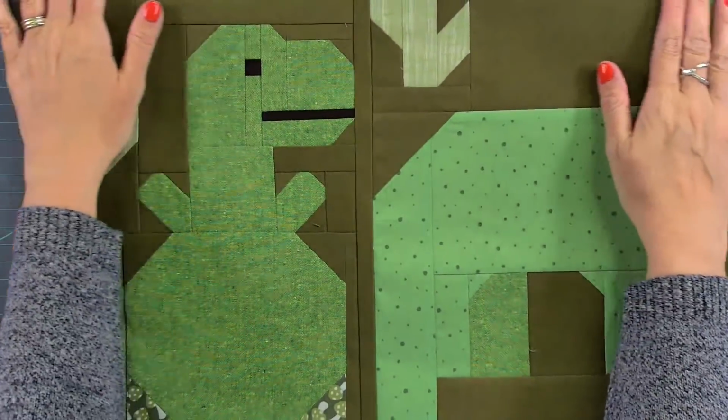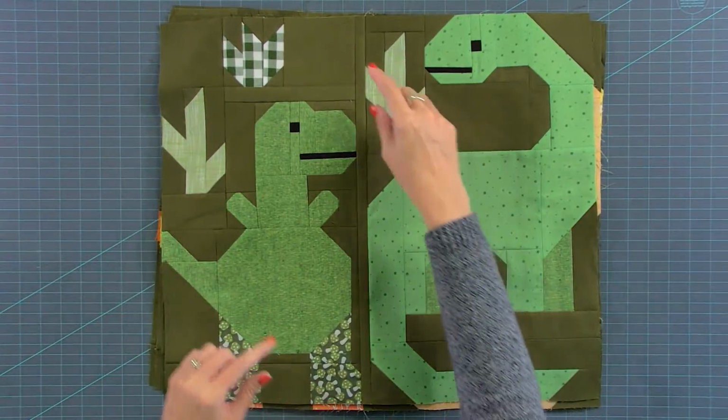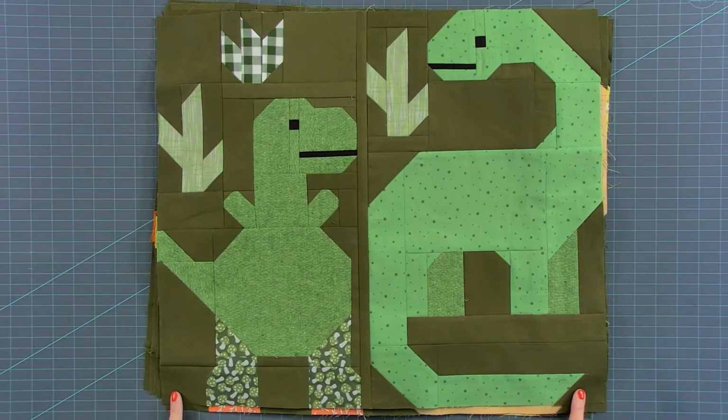So I'll show you all these blocks. And then from here, you add a piece here and a piece here, and I'm going to do that tonight actually